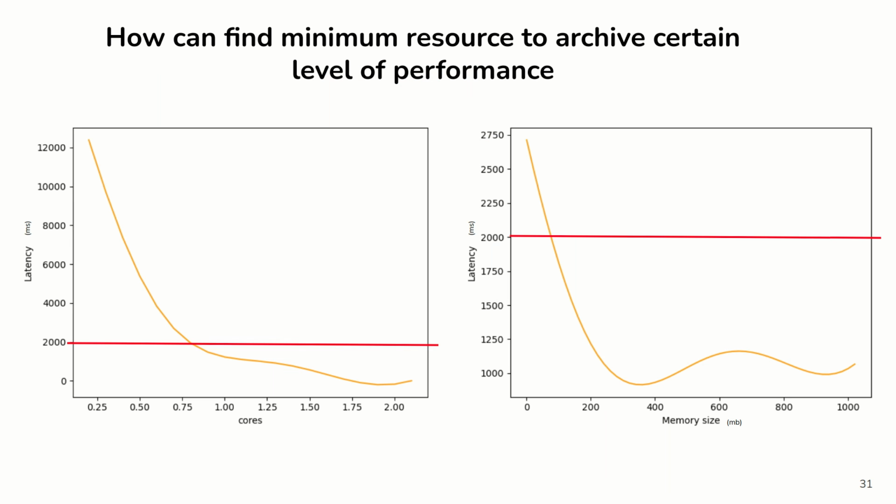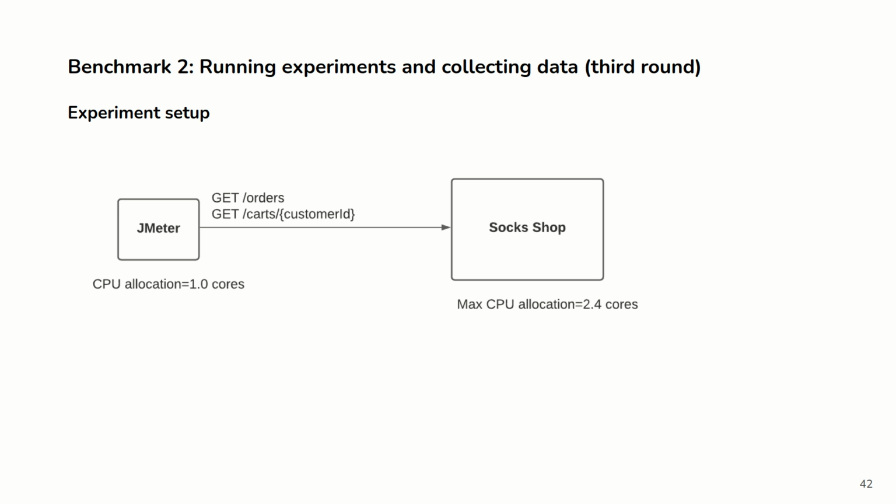And then after that, we trained our model. In the Prime Service, we have selected SVR, and we trained that model using the data. So here we can see that to achieve a certain level of latency, we can predict the minimum core to achieve that latency. And this is our second experiment on Shop benchmark.